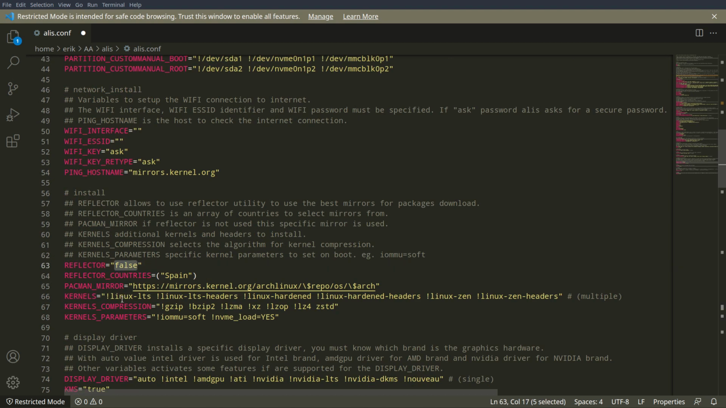Reflector, false or true? Yeah, true, please. And he uses Spain. I'm using Sweden to get my OS back. Pacman mirror, where's it coming from? Okay. The kernels,